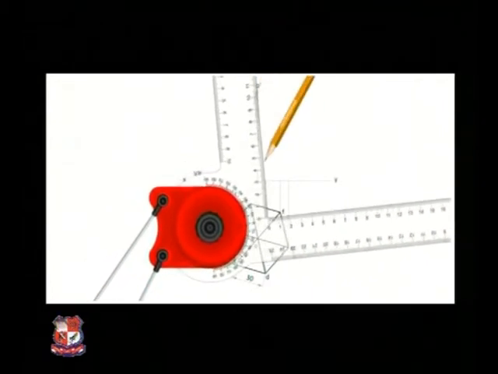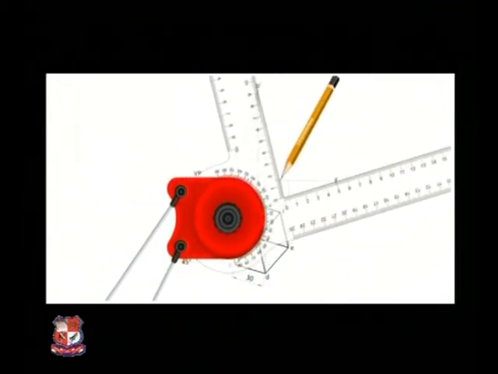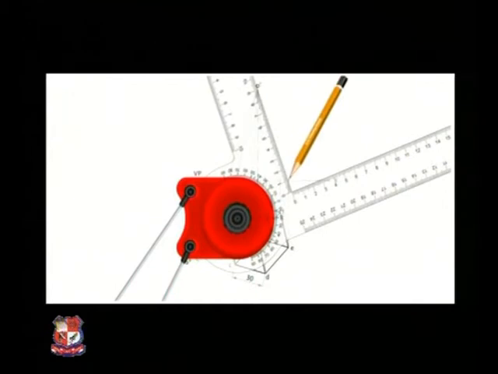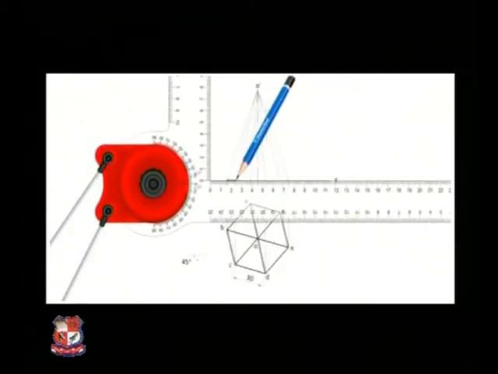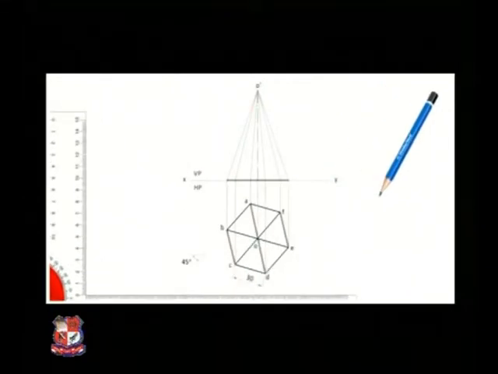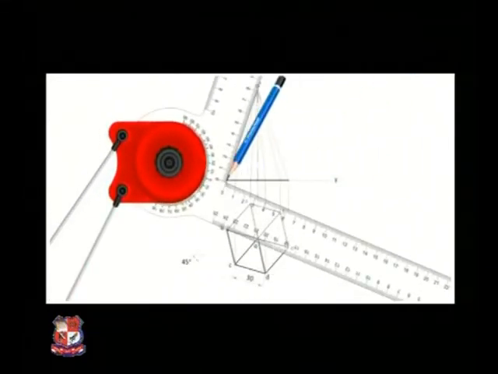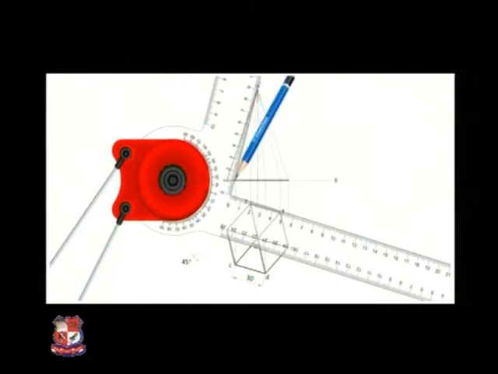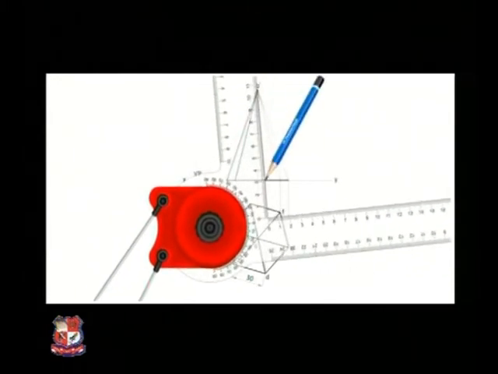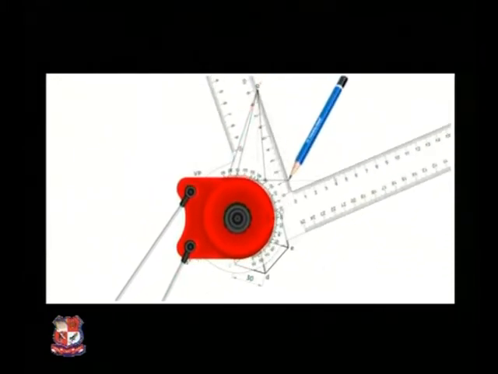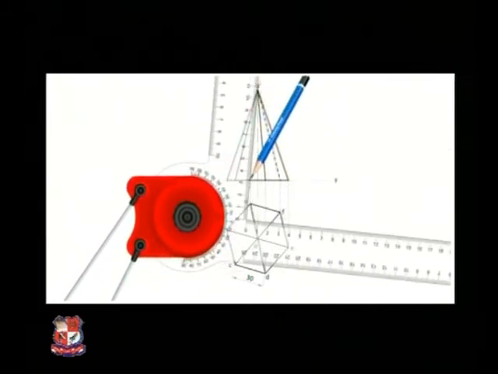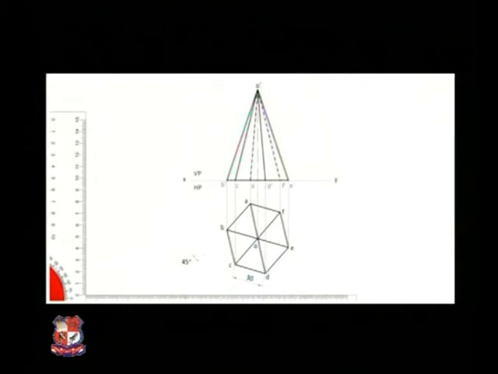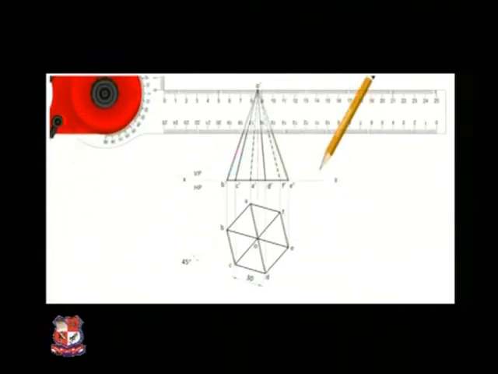Now we do not know which line will be a full line and which line will be dotted. So for that, let me see here. B, this base edge would be visible, so draw a dark line. B edge would be visible, so with the full line. C edge would be visible. D and E would be visible to us, so they should be drawn with the full line, and the rest two sides F and A should be drawn with dotted lines like this.